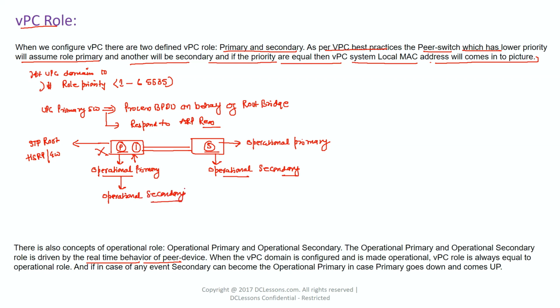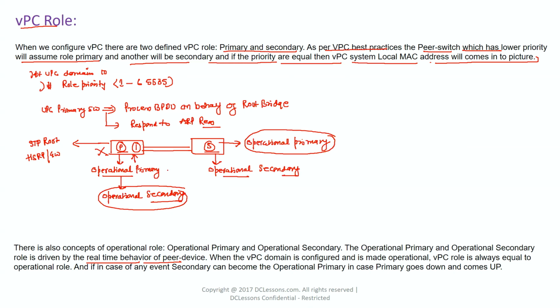So switch 1 will be my operational secondary and switch 2 will be my operational primary, even though they are primary and secondary as per their configuration, but because of the non-preemptive nature they assume roles based on real-time behavior. Now, if you want to preempt this behavior, if you want your primary to be operational primary and your secondary to be operational secondary as per best practices,